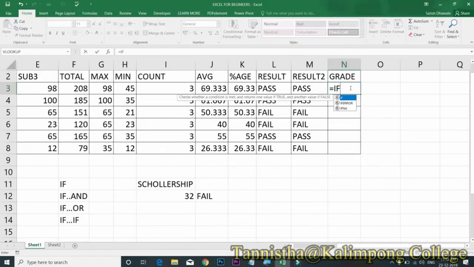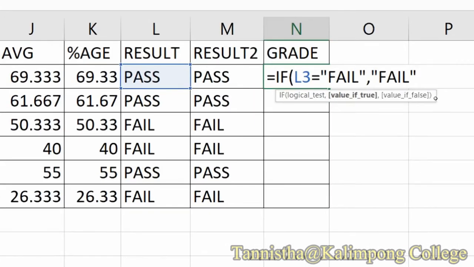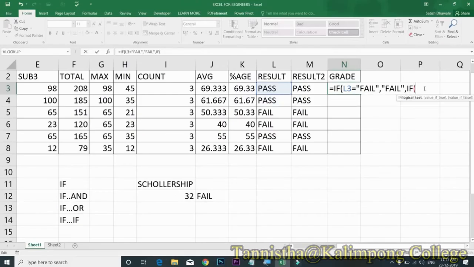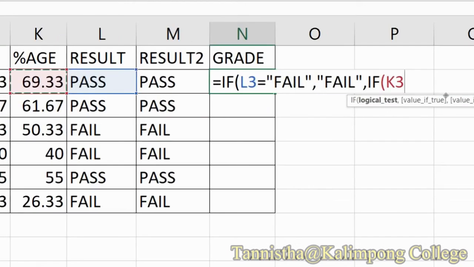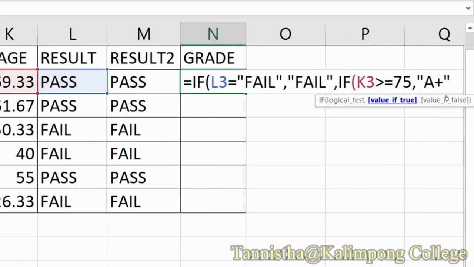At last, we will find the grade with nested if within if, also known as multiple if. Here, if result equals to fail, grade will also be shown as fail. This is our first condition. Now, if K3 is greater than equals to 75%, the grade is A+.